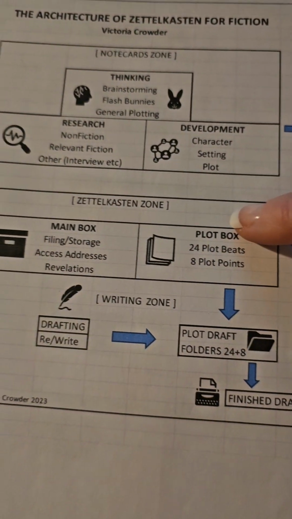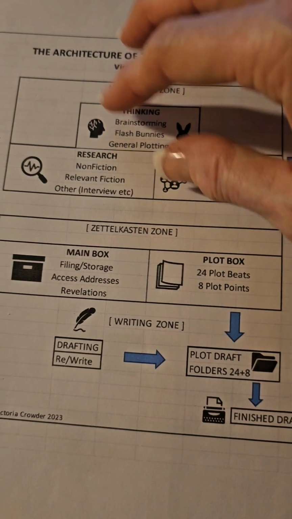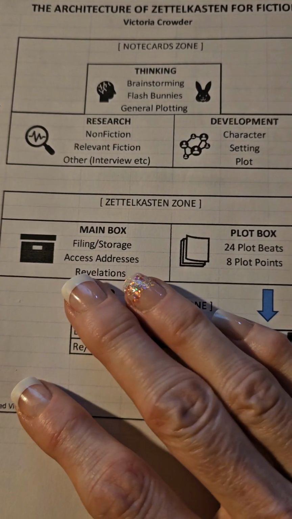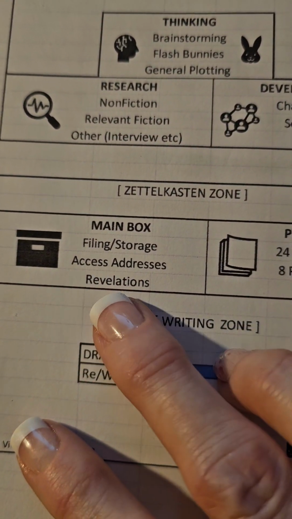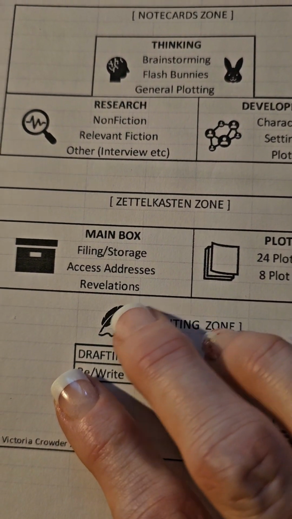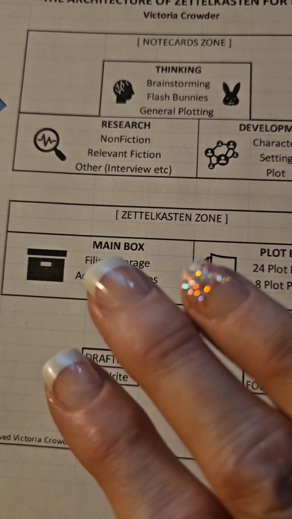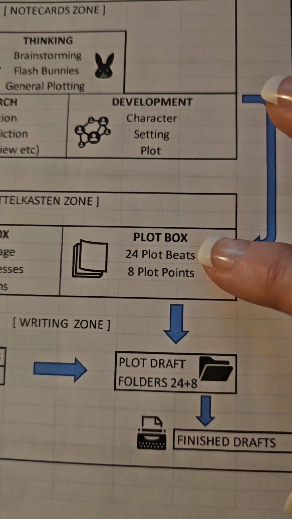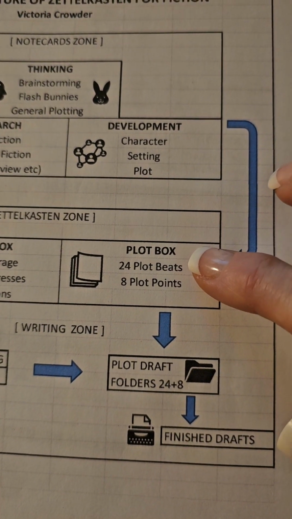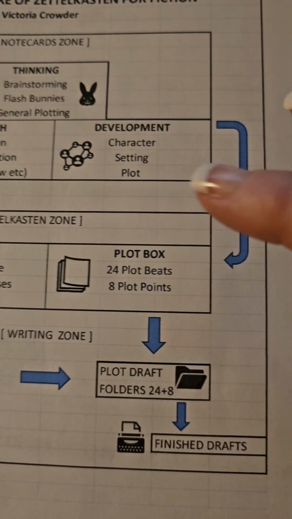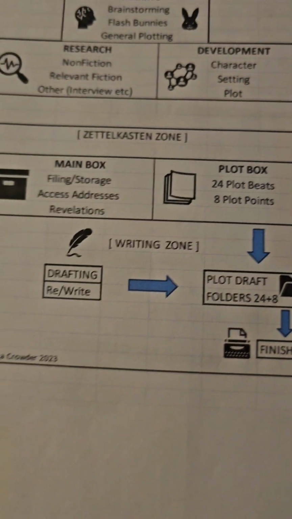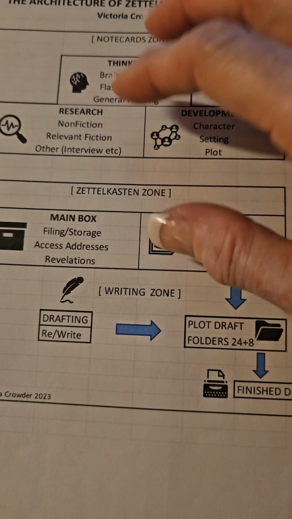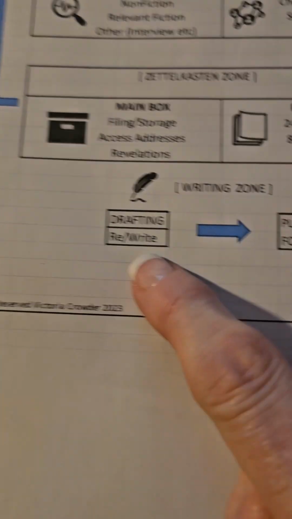In the middle, you've got the Zettelkasten zone. This is where your ideas and your exploratory cards are getting filed. On the one side, you have the main box. That's where you're filing in storage, accessing addresses, revelations, all of that are the thought cards that go in your main box. And then you have a plot box. I'm going to put a pin in that because we'll come back to plot boxing later when we start to line out all of the specific components of plot. Once these pieces start to develop and come together into some nice juicy story details, that's when you start